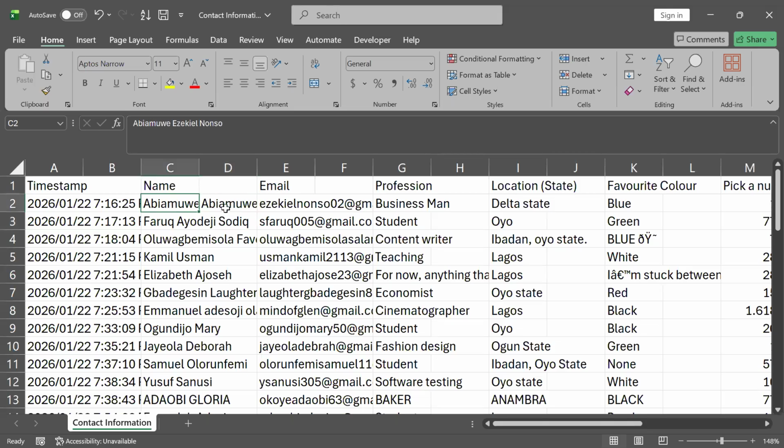Again, we don't have to do it for each of the rows that we have here, since Excel has some unique ways of doing things, right? Just like I explained, we want to select all of our data. If you want to fill our data down, that means whatever you have done for this particular cell,